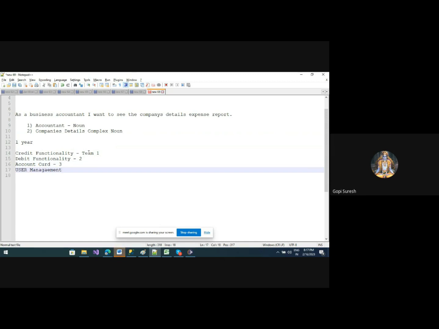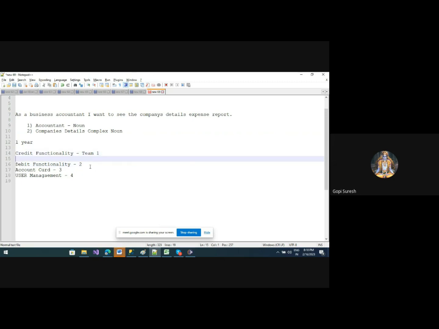Team 4 will do security management or user management, everything they will perform, right? So each team will perform its work, and finally they will all combine together, right?